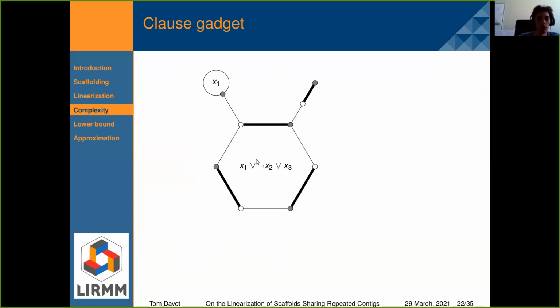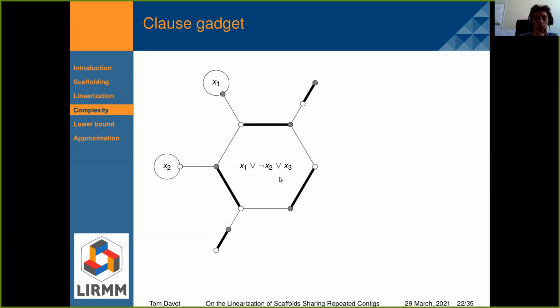For x1, we link a gray vertex of x1 with a white vertex of this matching edge, because x1 appears positively in the clause. On the other side, we just link this vertex with a single matching edge.